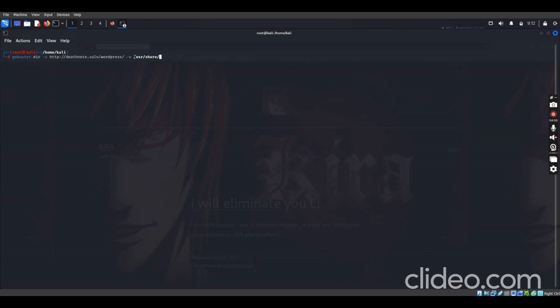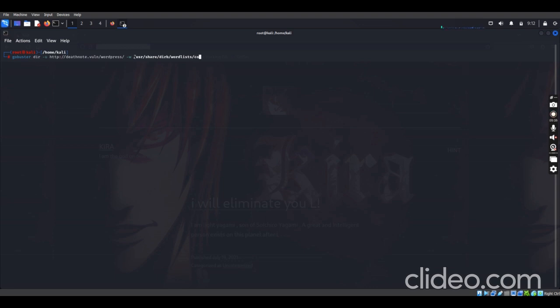So we provide the tool with those word lists, and it scans through them one by one and in a split of seconds helps us find the particular directories and lists them for us. So don't worry, you'll get to know what I'm actually talking about by the time we finish this.